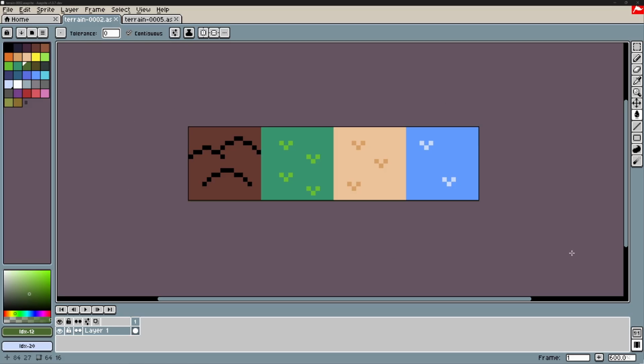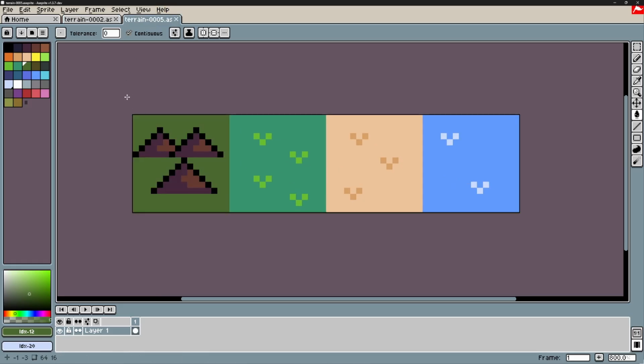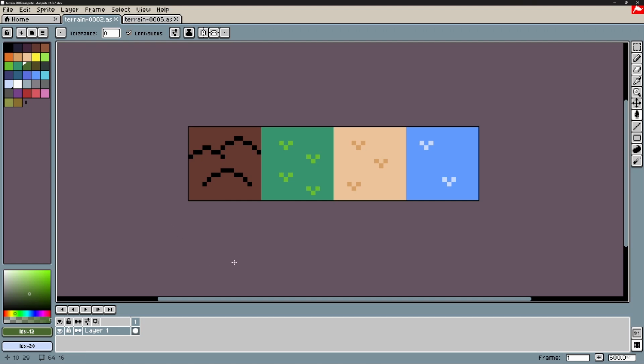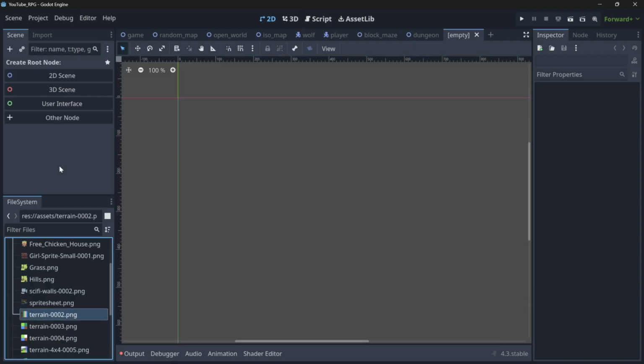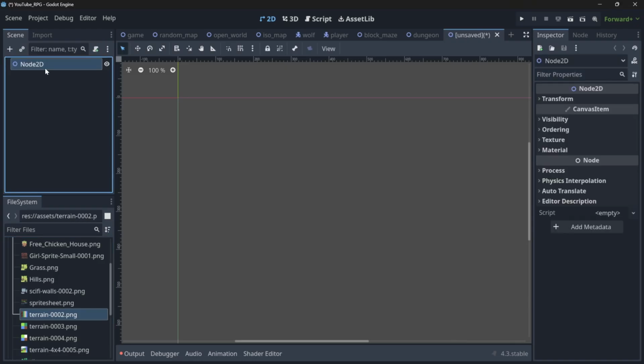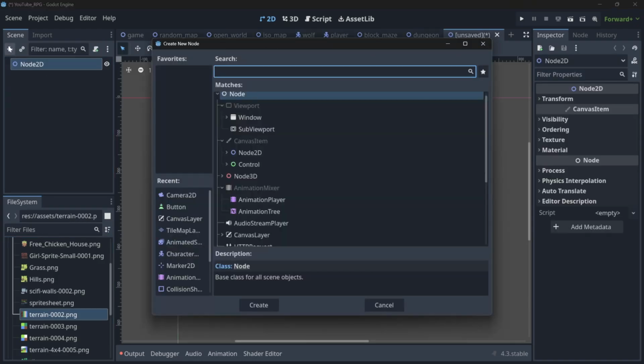Very simple, and I will also link in the description. I also have another one. The mountains look slightly different, but I like this one more, so we will use this. Now, this has already been imported in my Godot project and the terrain too, this one. So what I have to do is I have a new scene. I will create a new 2D scene, and here I will add a